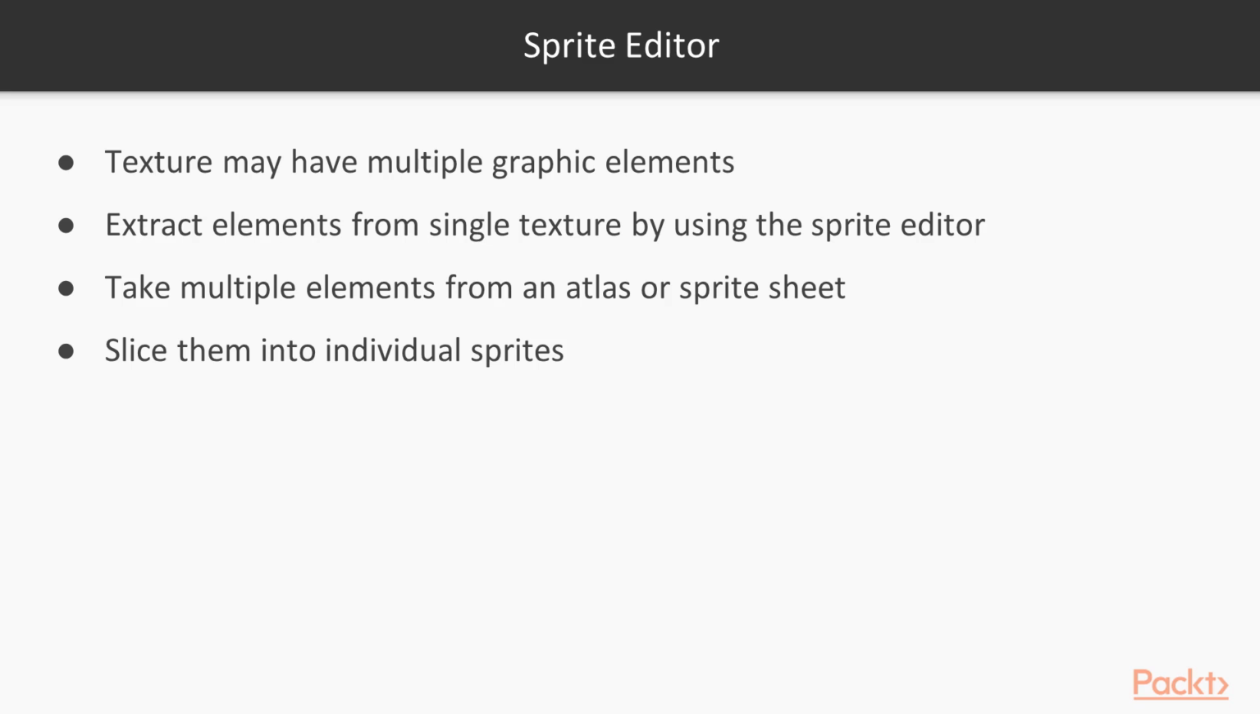Let's now learn about Sprite Editor. In some cases, you may have a texture that contains just one graphic element. In other cases, you may have multiple ones. In Unity, you can easily extract elements from a single texture by using the Sprite Editor. The Sprite Editor is used to make multiple elements from an atlas or sprite sheet and slice them into individual sprites,